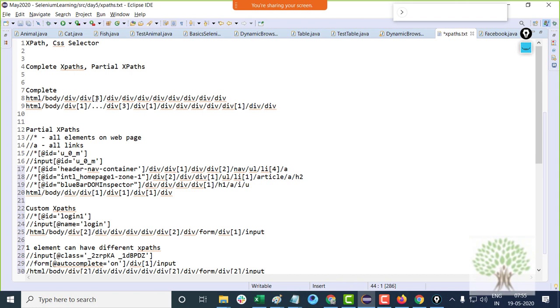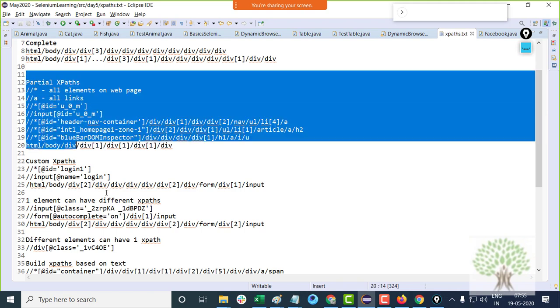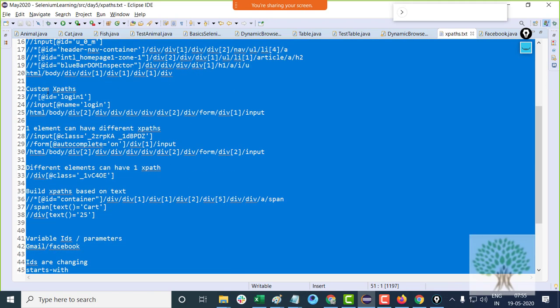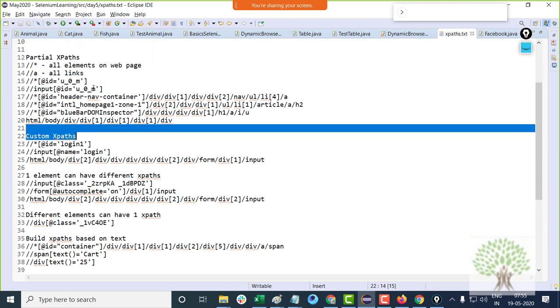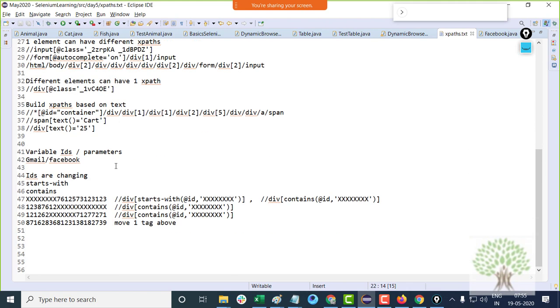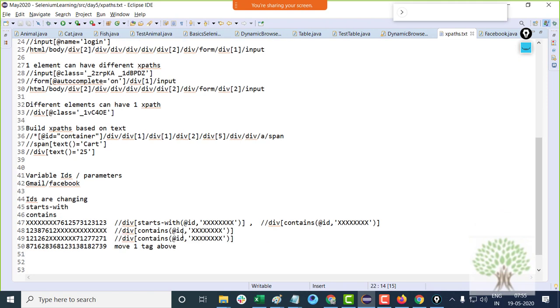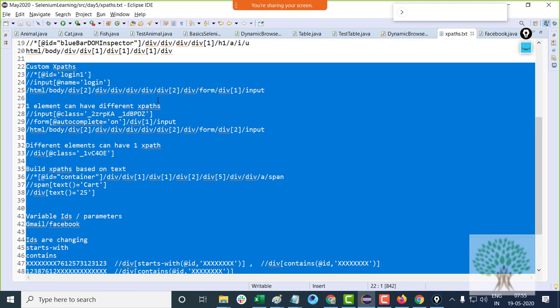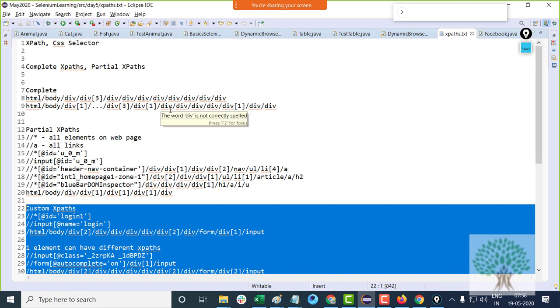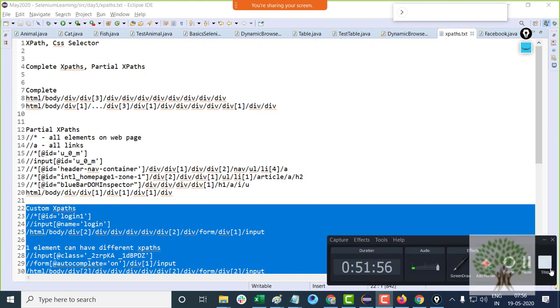Okay, so whatever I taught you today will be used a lot in the entire training. Whether we study CSS selector, which we'll study later on, or XPath, the general knack of this, the way we extract the elements, the way we build custom XPaths, this will help you in the complete course. So please study this carefully. Try to build some programs based on this. I'll start giving you exercises in another 1 or 2 days. Alright, so